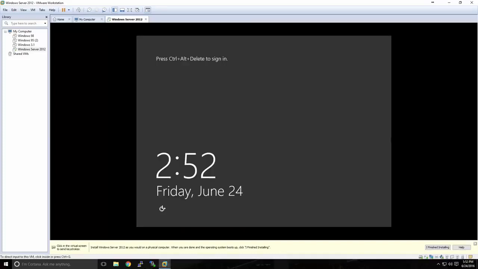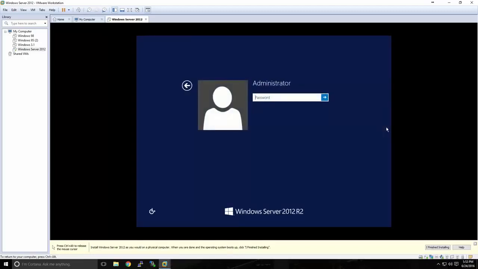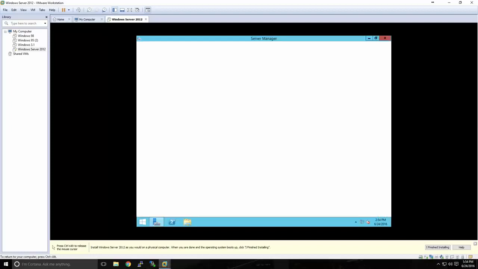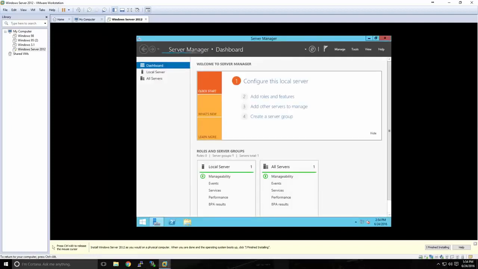Now that Windows has been successfully installed and I've set up my built-in administrator account, I'll press Ctrl-Alt-Delete to sign in. In VMware Workstation, Ctrl-Alt-Delete won't work, so you'll press Ctrl-Alt-Insert. On a physical machine, you would press Ctrl-Alt-Delete. I'll type in my password that I set up for my account, and I'll be signed in. The Server Manager window will open, giving me an overview of my server. From here, we've successfully installed Windows Server onto a virtual machine, and we can begin to set up